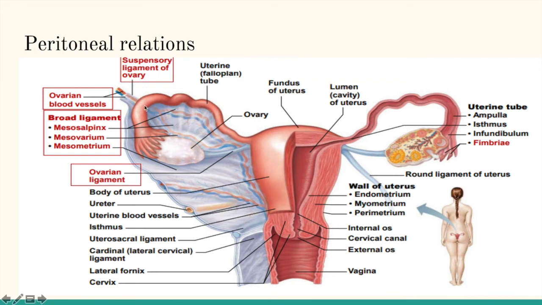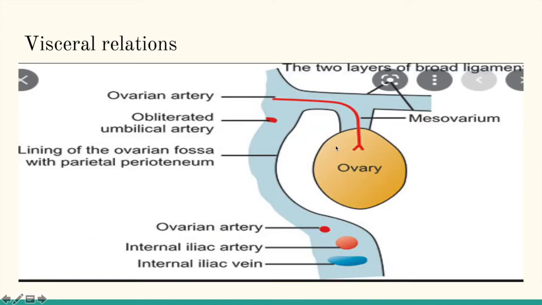between these two areas, we'll see a short peritoneal fold that is known as the suspensory ligament of ovary or infundibulopelvic ligament. So all these are the peritoneal relations: mesosalpinx, mesometrium, suspensory ligament of ovary, and here you can see the ovarian ligament, and this is the mesometrium. This is the photograph seen from the top view. Here we'll see the upper pole, below we can't see, that is the lower pole, and this is the anterior border. Here there will be the posterior border, and this is the lateral wall, and this is the medial wall.